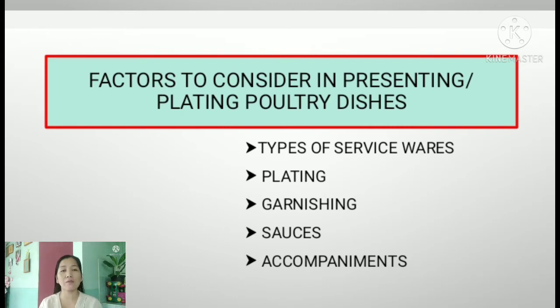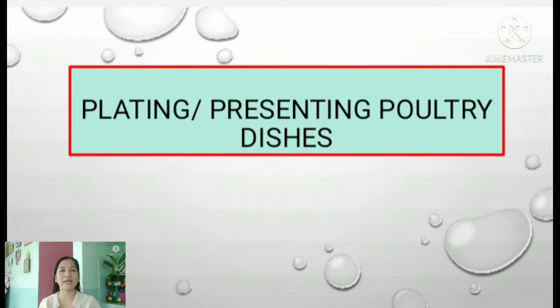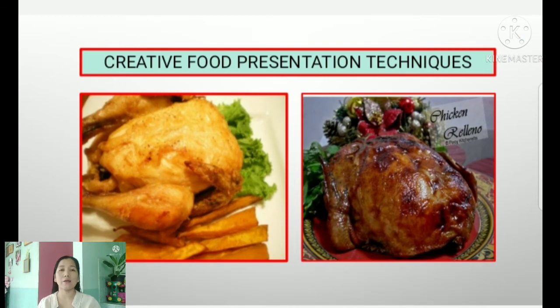The first one is types of servicewares, and then the manner of plating, garnishing, the sauces, and the accompaniments. Okay, let us discuss now plating and presenting poultry dishes. Plating. So, let us take a look at the pictures. So, the pictures presented shows creative food presentation